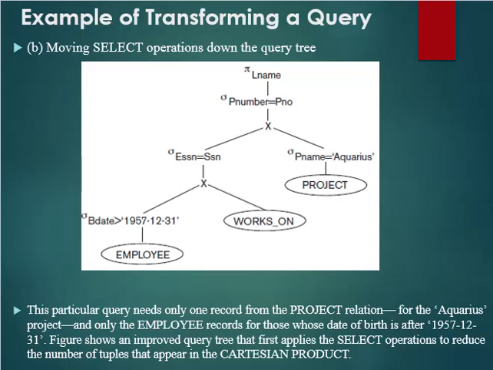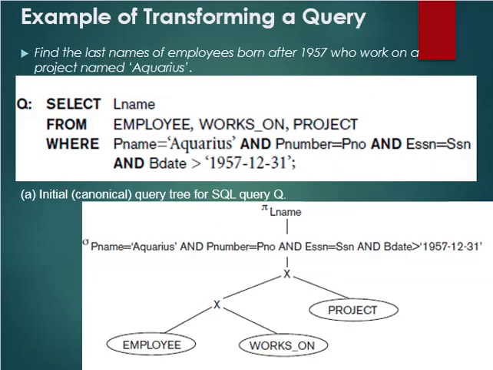If you don't do this, the project table contains tuples in which P name can be another value than Accuracy. So we don't need to join those invalid tuples in this joining condition. Here we are trying to join project with the left subtree. So firstly we need to remove the unwanted or invalid tuples from the project. We require only the tuples whose P name is equal to Accuracy, so that way we can reduce the join operations in this phase.